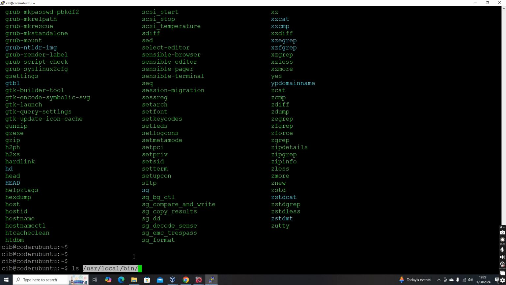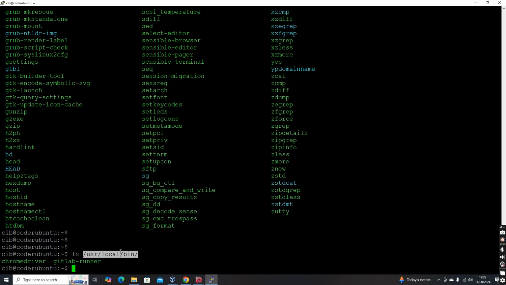If you keep it inside this location, it will be in the path, and it will behave the same as what is present in usr/bin. So let's see what is there in usr/local/bin. This is also a place for keeping binaries, and you can see there are two things, chromedriver and gitlab-runner.